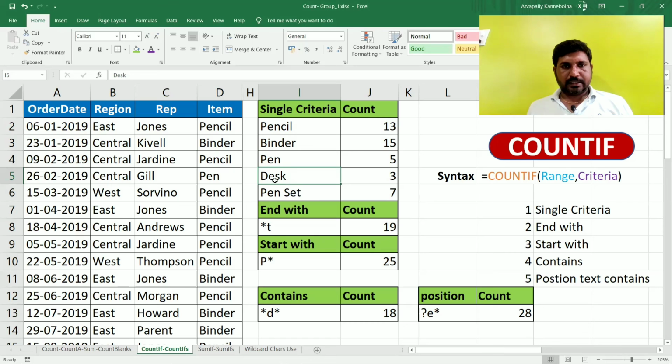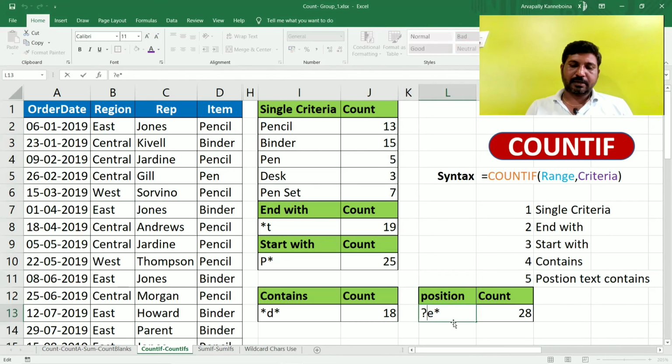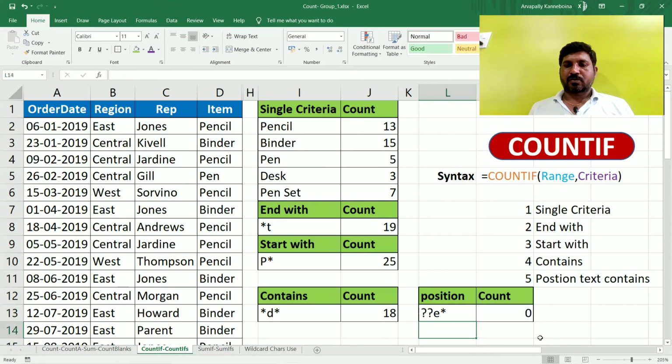So the third letter should be matched, which means the first two letters are not required to match, the third letter should match, and it can end with anything. So 0. 0 means this is the third letter. No letter should be E in the third. So we change it to N. So matching. Third letter N.